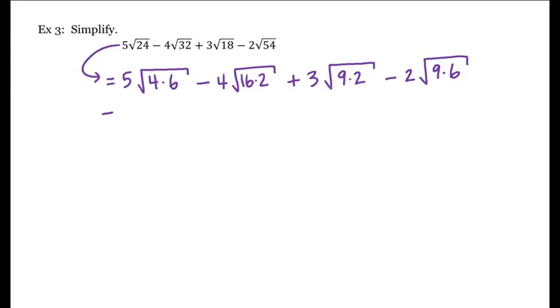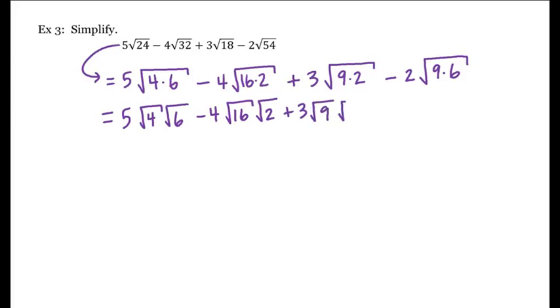Again, by properties of the radical, this is equal to 5 times the square root of 4 times the square root of 6, minus 4 times the square root of 16 times the square root of 2, plus 3 times the square root of 9 times the square root of 2, minus 2 times the square root of 9 times the square root of 6, which is equal to 5 times the square root of 4, which